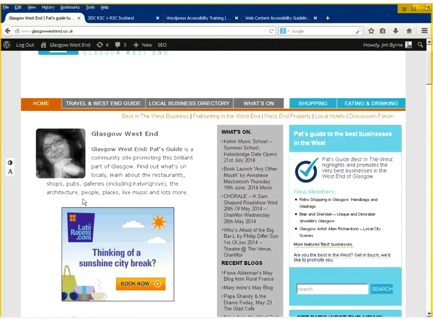But a lot of pages these days have got accessibility statements. So if you do have this tool, usually you want to have that as one of the first links on the page, and you would say, we're trying to make sure this site is accessible. Here are some of the things we've done. We've installed this toolbar that allows you to change the contrast and increase the text size and stuff like that, as well as a few other things.